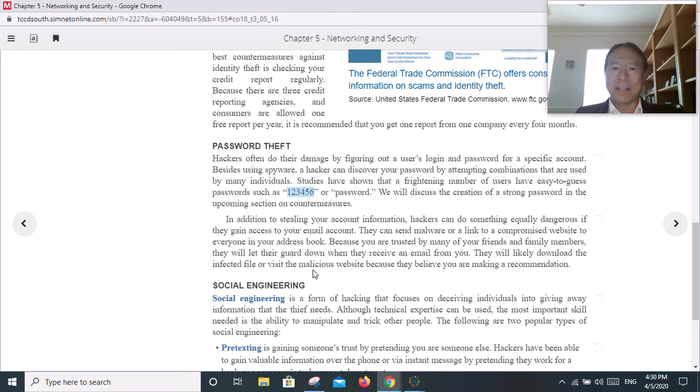Maybe this guy's lazy, huh? So 1, 2, 3, 4, 5, 6, or just "password". They're going to try that. So you're going to make your password much fancier than that. You're going to have a special character, a number, uppercase, lowercase, long enough for a hacker's computer to take a long time to figure